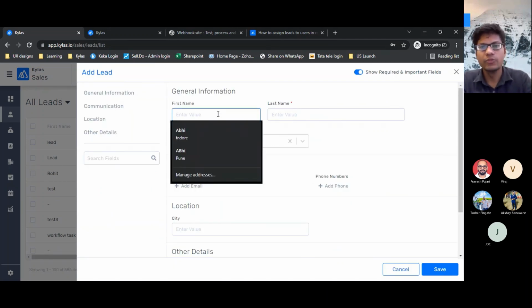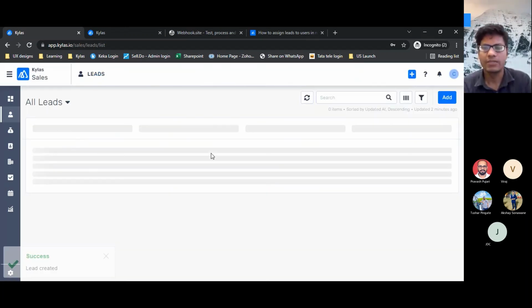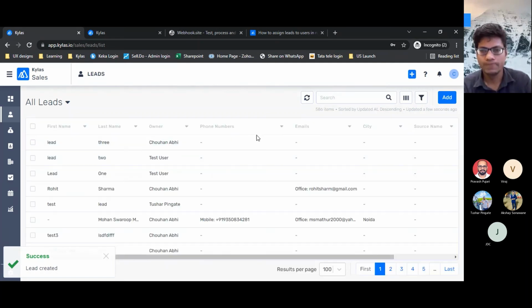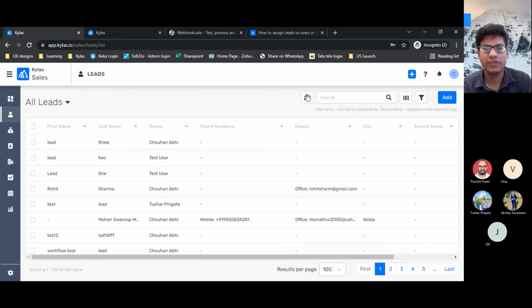But let's say after a few months, when there are so many leads in the system and we are willing to have this round robin assignment, then preferably you can put a look back window so that it considers only the last 3-4 days of data. Okay, so now if we see, the lead has gone to Tushar, so it will keep assigning the leads between these two users and it will keep the count equivalent to each other.